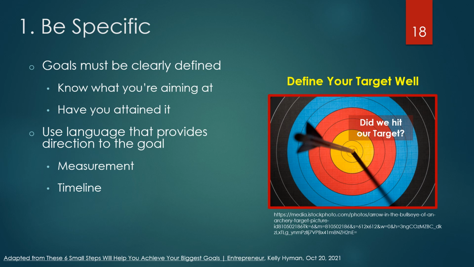For example, instead of vaguely stating that a tobacco prevention program should increase individuals participating in the program, consider adding specific language that provides goal direction, like the tobacco prevention program will increase the number of people participating in the program by 10% by the end of the calendar year. It helps to state what you want, followed by a measurement or timeline. This helps clarify the goal's finish line and sets the stage for what it will take to get there.